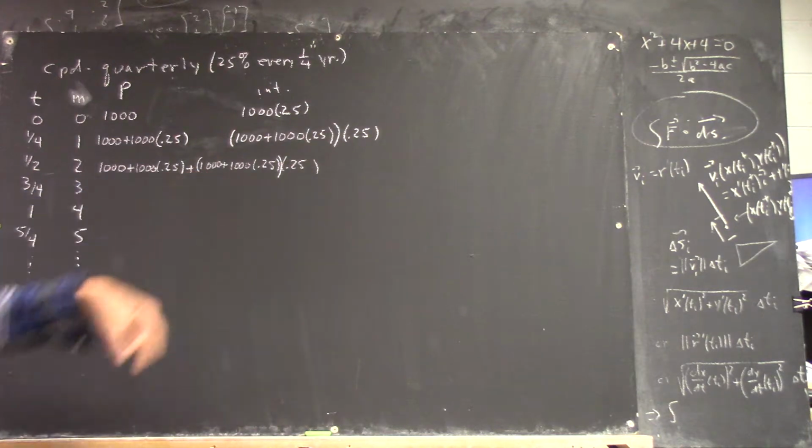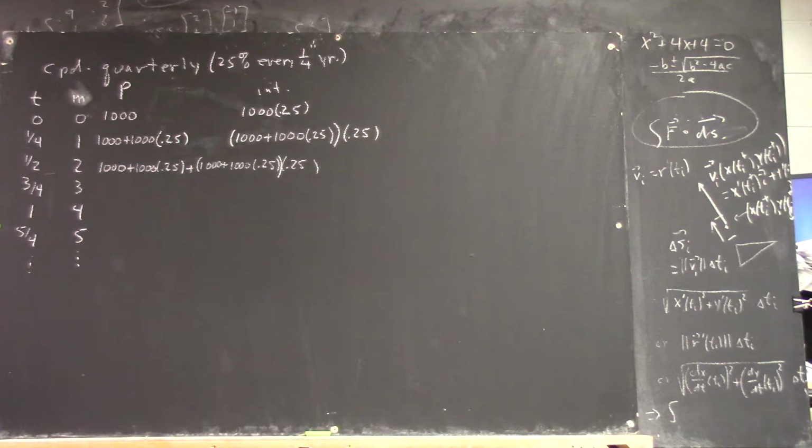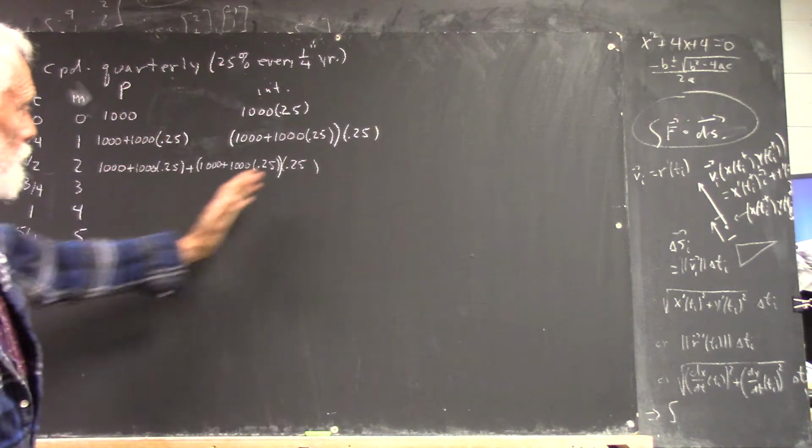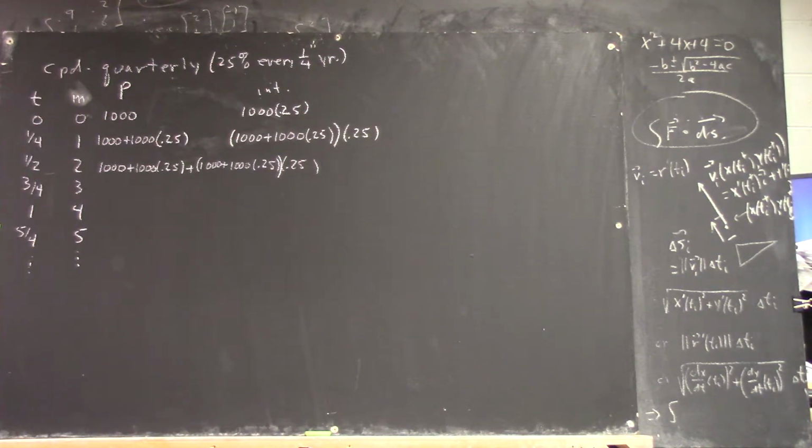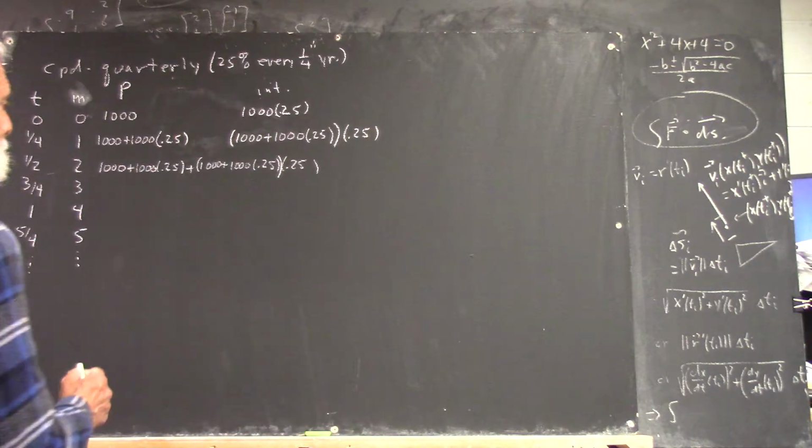Now, see, the expressions are getting a little bit difficult to manage, okay? So what are we going to do about that? I don't know. Well, what we're going to do is we're going to develop a better notation. It's going to get too long to write down, okay? So one thing I'm going to do is I'm going to say this. Well, let's see.